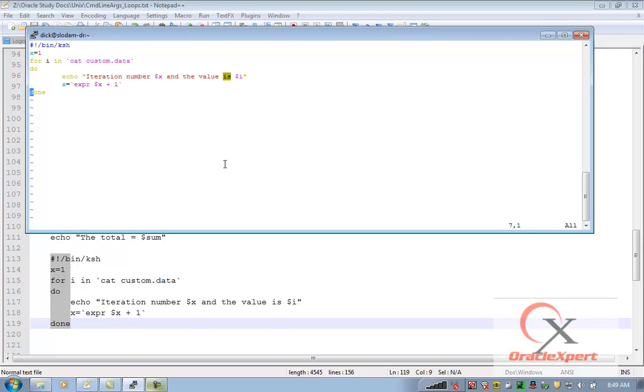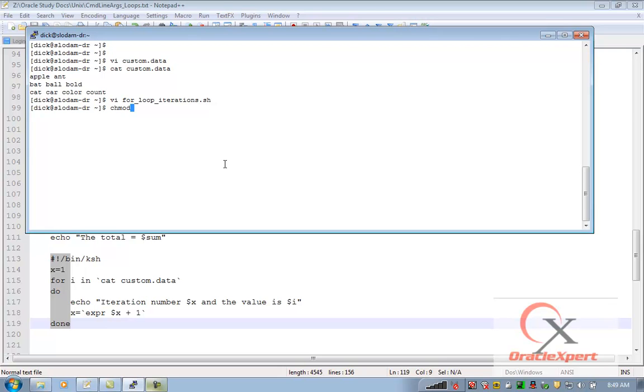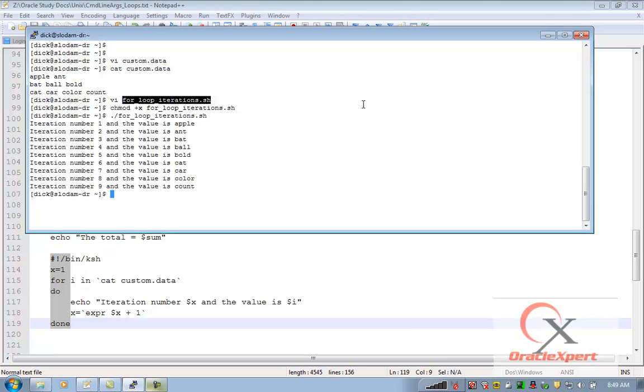I have written it as for loop iterations. I will mark this file as executable and then run it. See how many times my loop has iterated here: 9 times. For the first time the value was apple, for the second time it was ant, for the